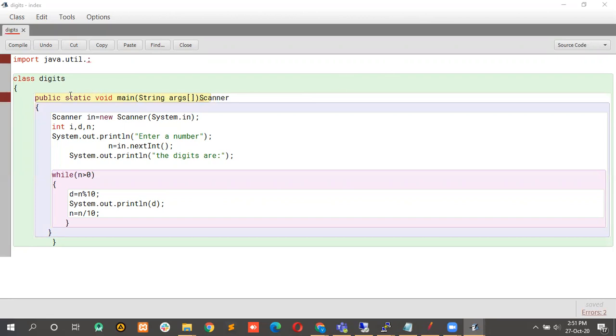After the completion of the void main function, the user will always create the object of a scanner. Here the object is being created as n, and for creating the new object I'll make use of the new operator. Here once again the scanner package name is there, and in the brackets I'll be passing System.in, so that I'm taking the input from the system.